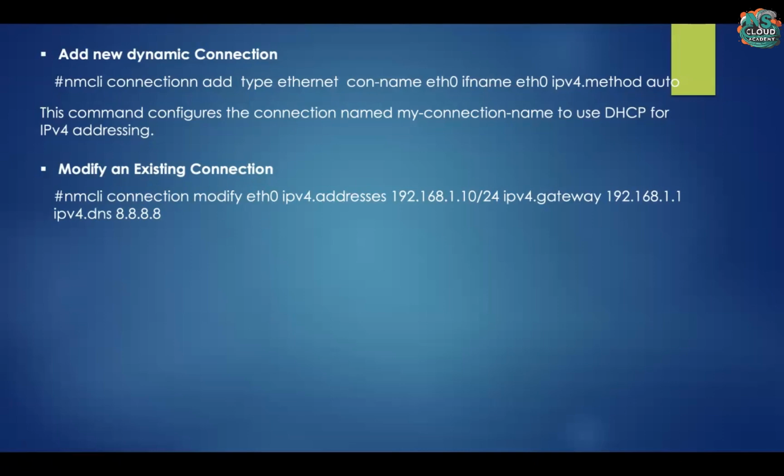Honestly, in the last 15 years, I never added new connections. I always modify existing connections, because you don't have to add multiple Ethernet interfaces on the server. Maybe in some cases you have to, but in most cases you have to modify the existing server IP. If you are cloning any server, let's suppose one server is running nscloudacademy.com that is hosted on one server, and that server is running,